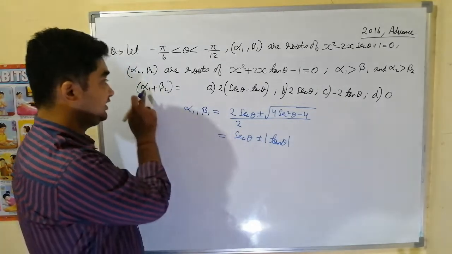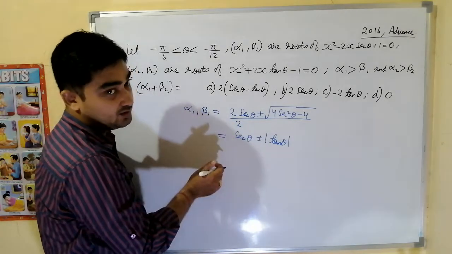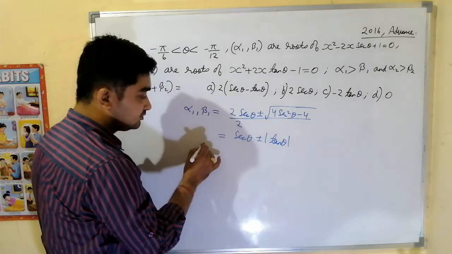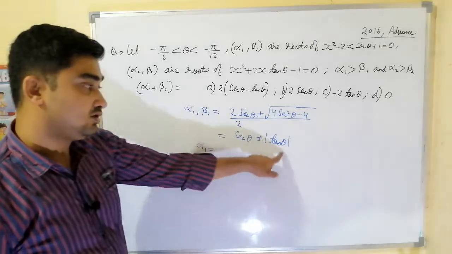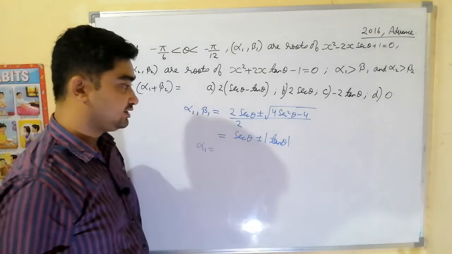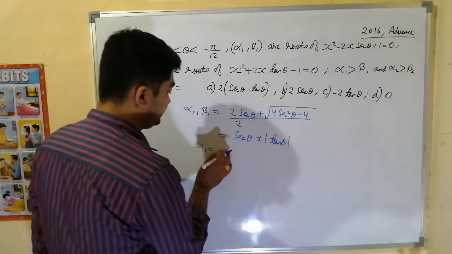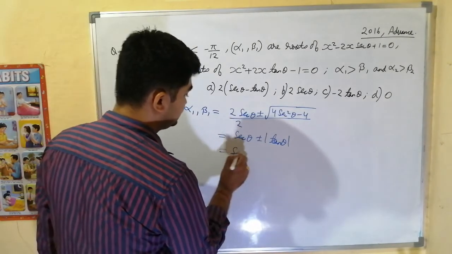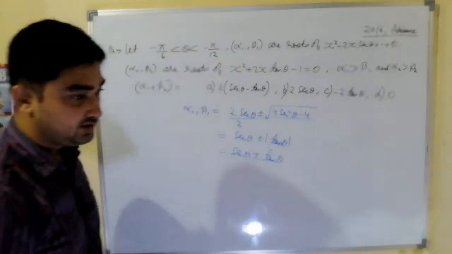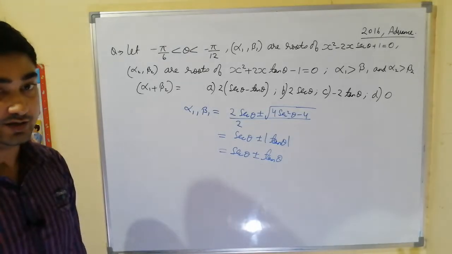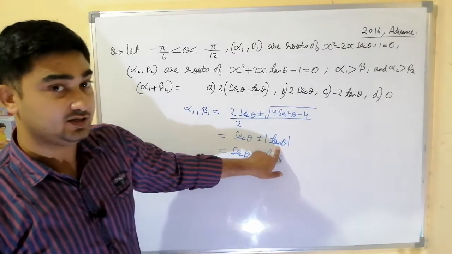The bigger one is alpha 1 and we are interested in alpha 1. We have to find what alpha 1 is. So the bigger one of these two is alpha 1. To get alpha 1, what to do? We have to find which one of these two is bigger. One is secant theta plus mod of tan theta, another is secant theta minus mod of tan theta. But we know how to remove the mod. After removing the mod, we can write this as secant theta plus or minus tan theta, because mod of tan theta will be either plus tan theta or minus tan theta. Mod of x is either plus x or minus x depending on the sign of tan theta.